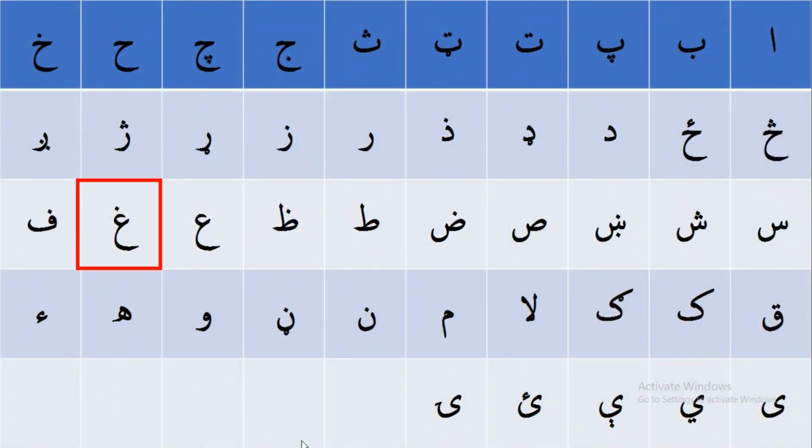We will practice how to write it, see which letters it can be joined with, and learn some example words